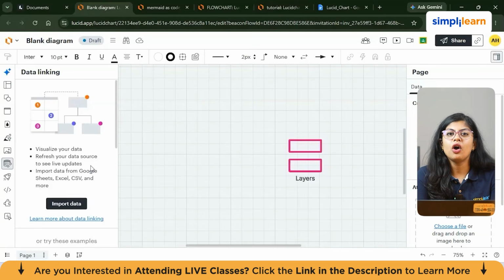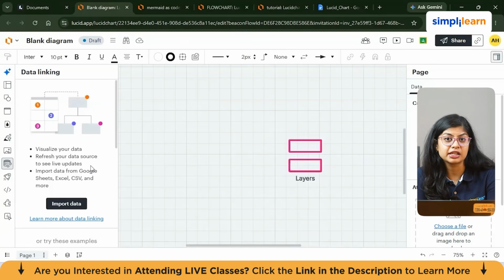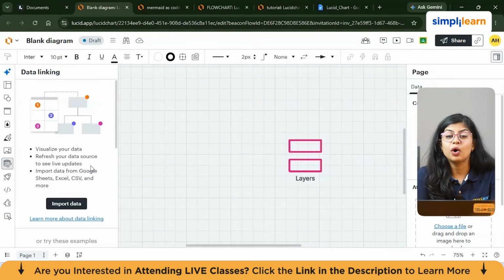Now we are moving on to more technical diagrams. This section is especially useful for developers, database designers, software architects, system analysts, and technical project teams. We will learn what an entity relationship diagram and a UML sequence diagram are. An entity relationship diagram, or ERD, is used to visualize database structure. It shows entities, attributes, and even relationships.